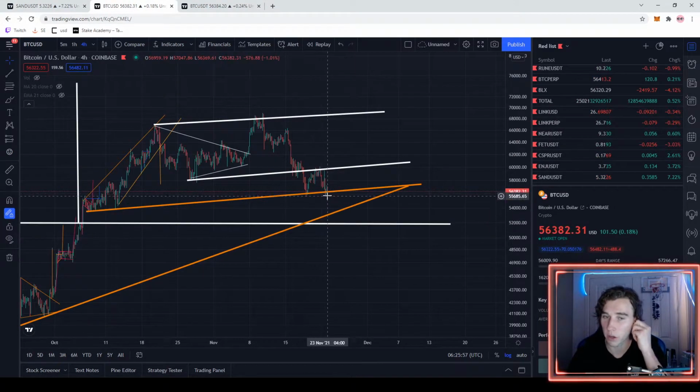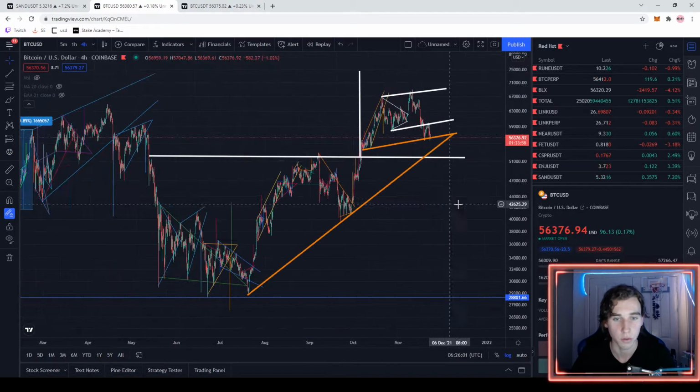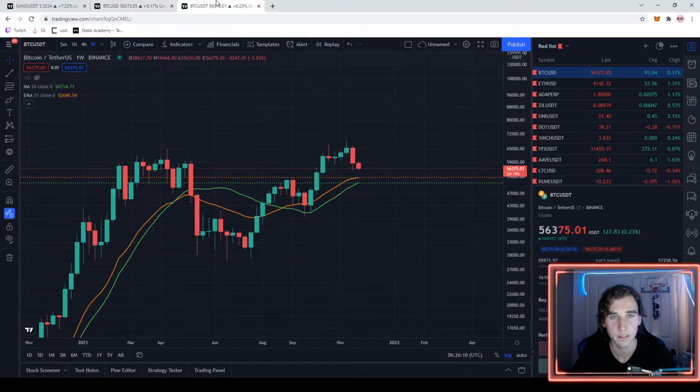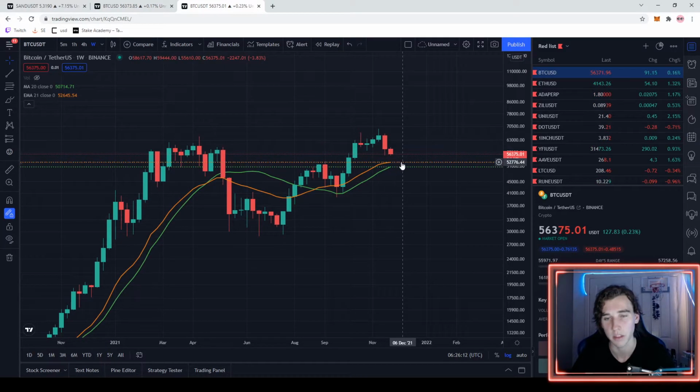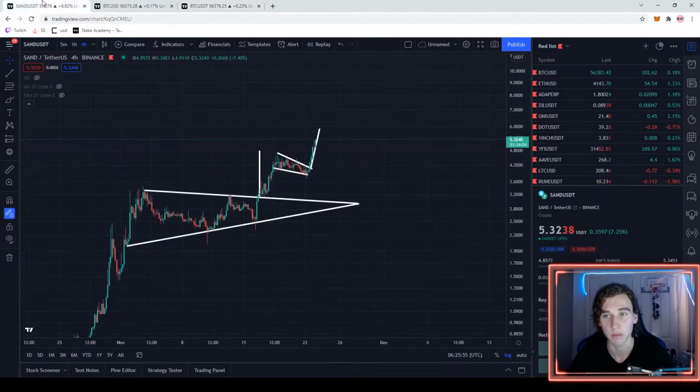The other thing is that Bitcoin could break through this line and test some other levels of support that we have. The first one is this big orange line we have here. Our cup and handle line, the white line, is another line that we could test. And the last one I talk about is the bull market support bands, which I discussed in my past video. The lowest line of support is just over 50,000. That's our last line. If we break that, it could get very ugly and the bull market could be finished,